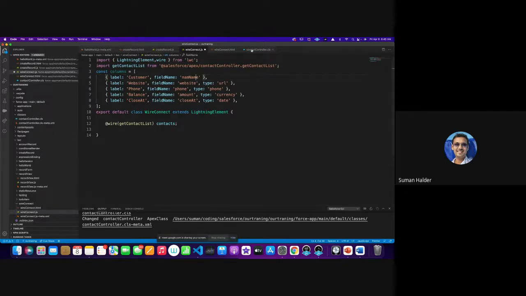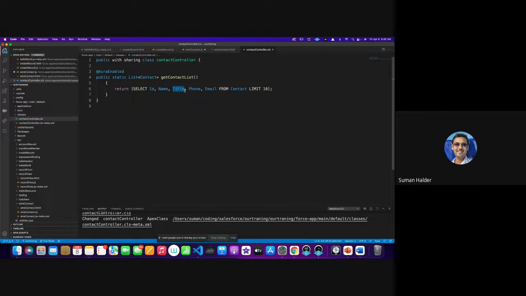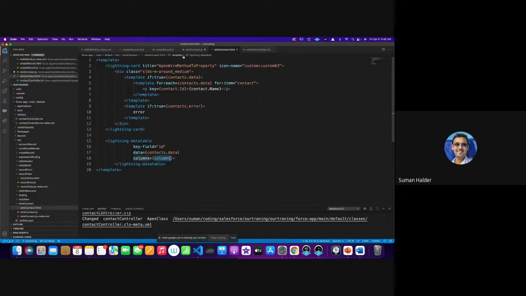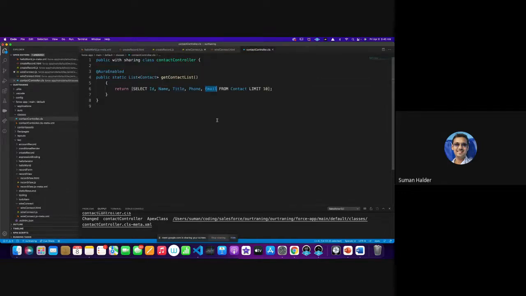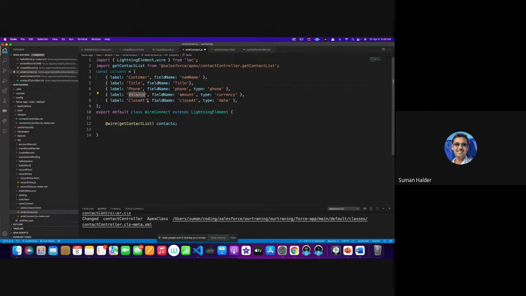And then next is, let's say, title. So label is title, and the field name is also title. I don't need anything here. I don't want to define what type of field it is. And then let's say next is phone number, and then email is also. Let me say email. And the type is, let's say,